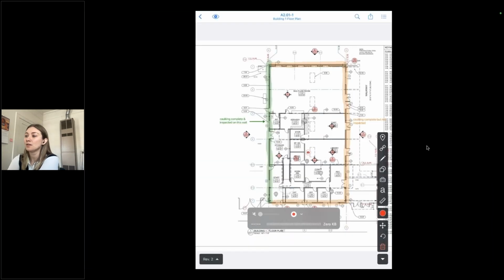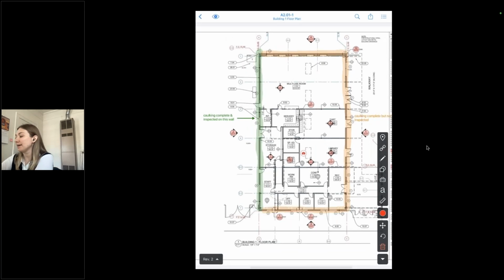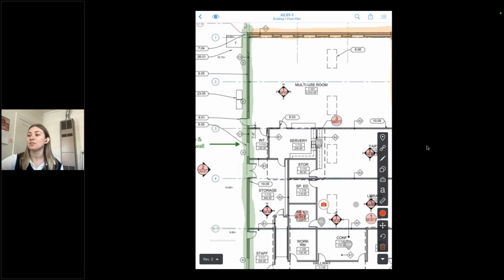Awesome. Okay, so coming back into our project here, I ask about communication because our tasks tool is a great way to communicate within the Fieldwire platform. It can be especially helpful for communication of any deficiencies or conflicts or things that may be holding up or preventing your work. So let's imagine that I'm here on the job site